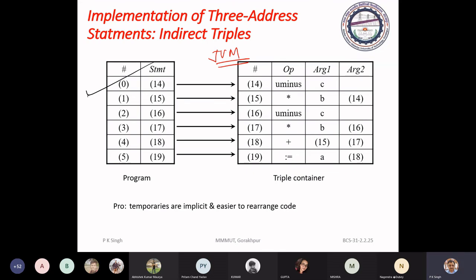This bytecode is implemented by the Java Virtual Machine. So the role of the compiler is only up to here, and everything else is handled by the JVM.